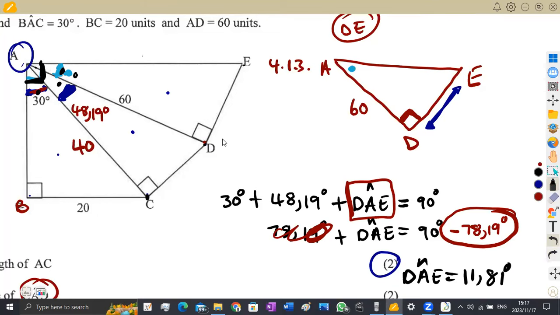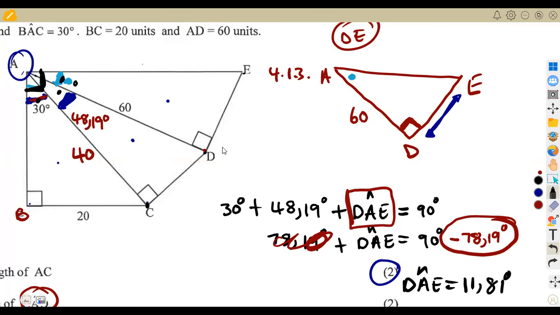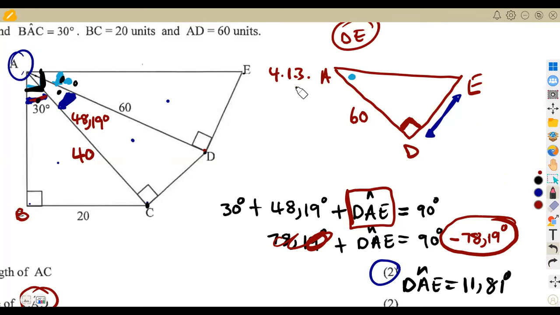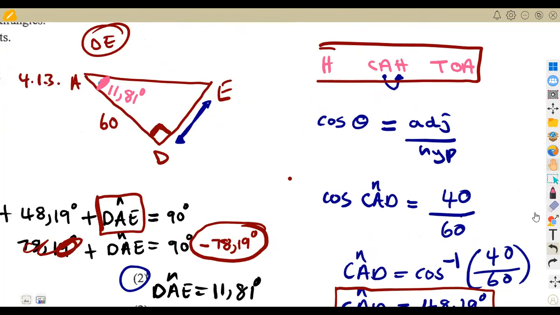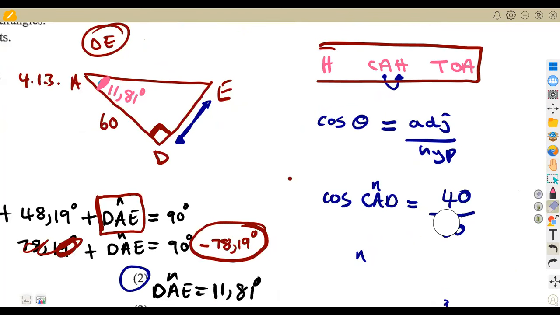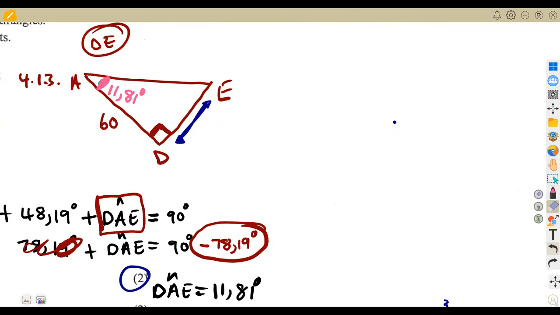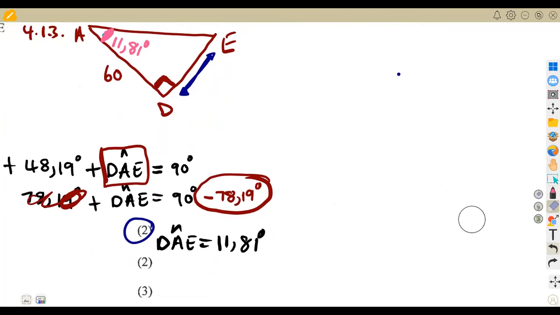Like I said, we were stuck to calculate the side DE because we do not have any angle inside this triangle. But we managed to calculate from this part of the 90 degrees that we are given. So we managed to calculate this angle. Now we know that this is 11,81 degrees. So the moment that we know this is 11,81 degrees, what are we going to do so that we calculate our AE? Sorry for that, guys. Let me just remove this quickly. Sorry for this. So we are going to check how we are going to calculate our side from the ratios